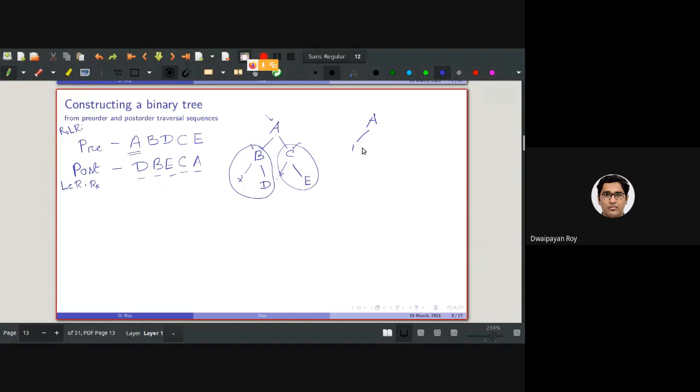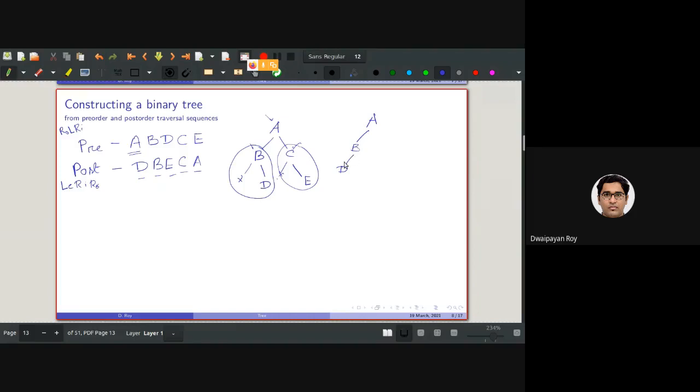Okay, let's draw this as B, and then say D. Okay, so actually there are multiple trees.